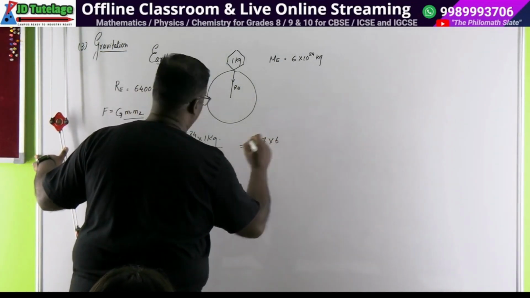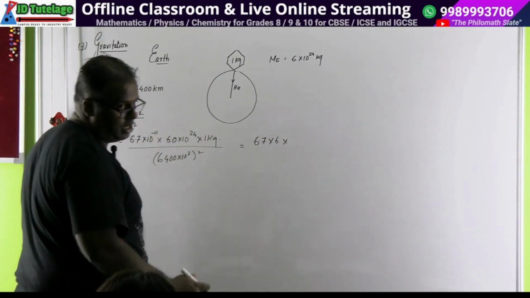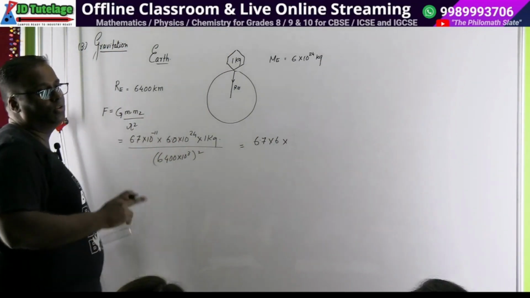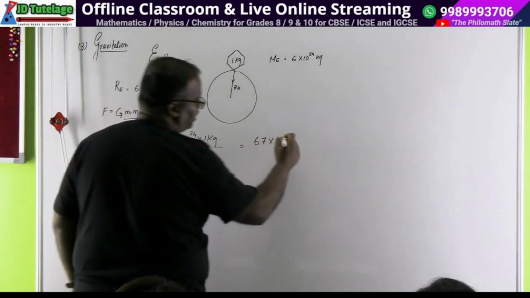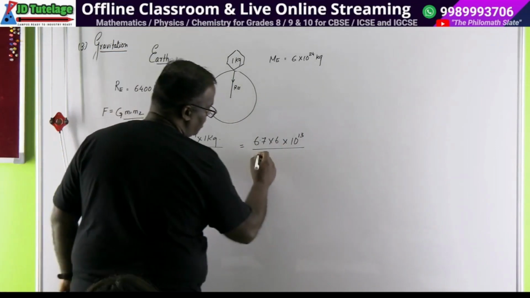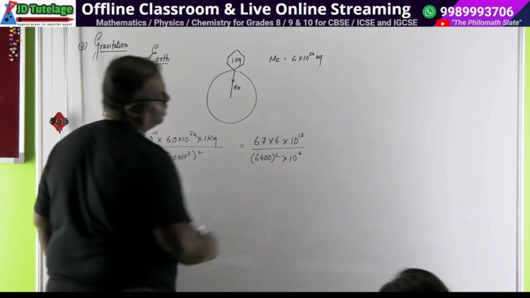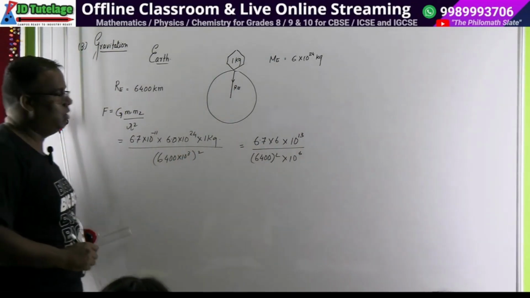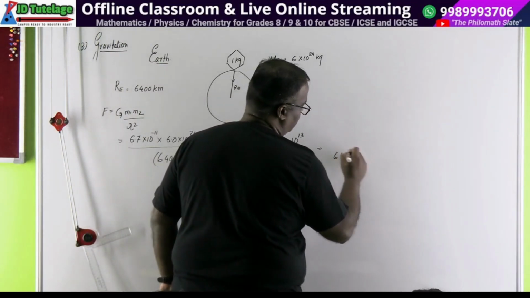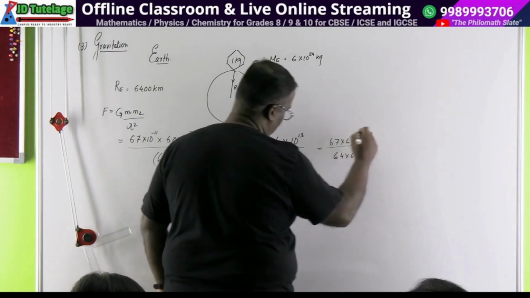6.7 into 6 into ऊपर कितना हो गया 10 to the power 11, 10 to the power 24. If you add them, 24 और 10 करेंगे तो आएगा 14, ये 11 है तो 13 आएगा, 10 to the power 13. अच्छा, नीचे क्या है, नीचे आएगा हमारा 6400 का स्क्वायर इंटू 10 to the power 6 बनेगा, 3 into 2 is 6. ठीक है, और थोड़ा इजी करते हैं इसको, 64 into 64, ऊपर है 6.7 into 6, इधर है 10 to the power 13, इधर कितना है